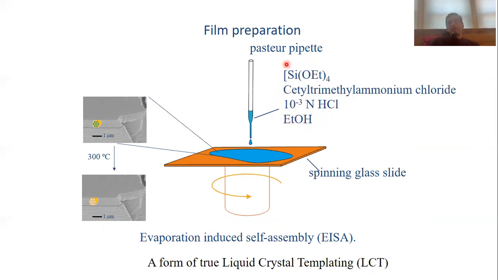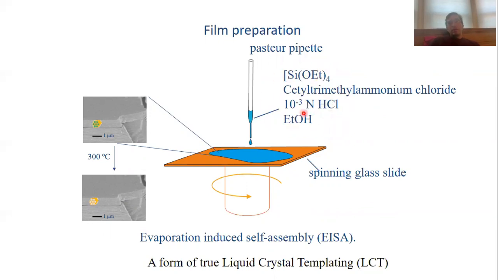Okay, and then you can stir that until the tetraethoxysilane has sufficiently hydrolyzed to form more polar species that are miscible with this more polar aqueous solution. Okay, so the tetraethoxysilane itself is actually very little polar and is not miscible in the aqueous solution. So once you have